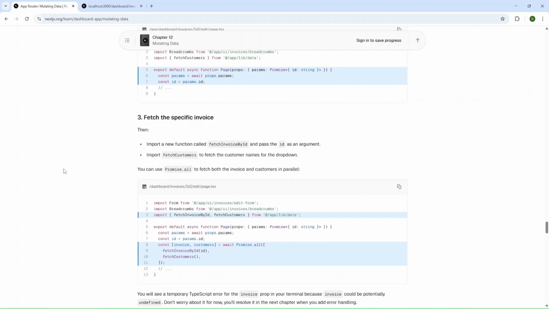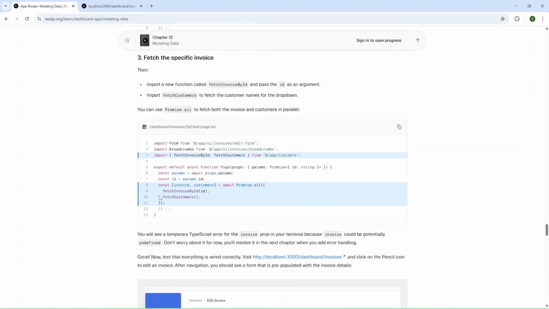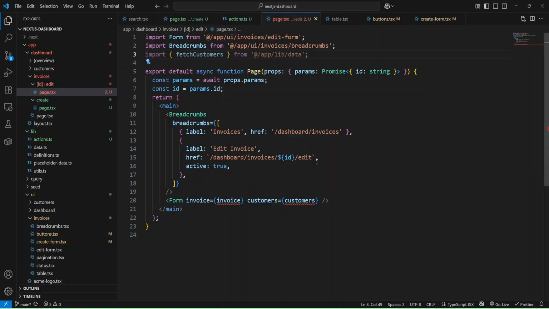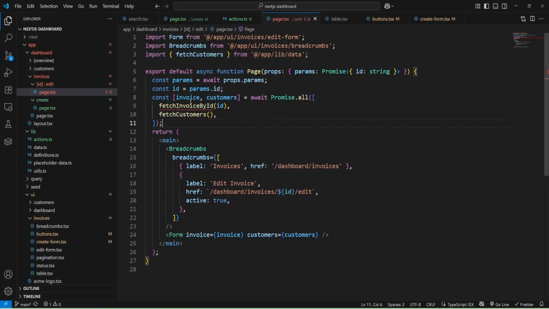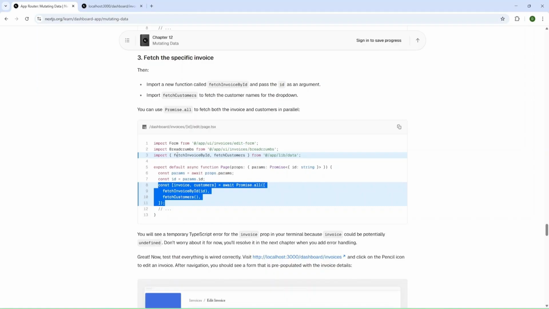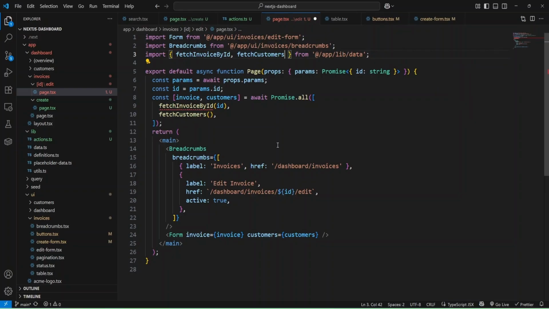And now we can fetch the specific invoice. And inside our edit page, we are going to fetch invoice using promise all and calling this function. And we need to import it from our data. Okay.